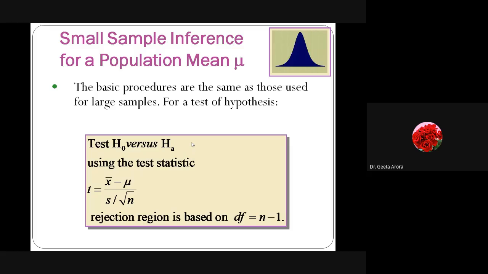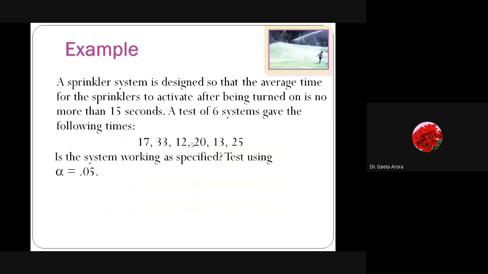Here also we have the same thing, but the rejection region is based upon the degree of freedom, which is equal to n minus 1. We just want to emphasize that here we are going to take the t standard value, which will be based upon the degree of freedom and obviously at the level of significance. Correct? So let's start working.